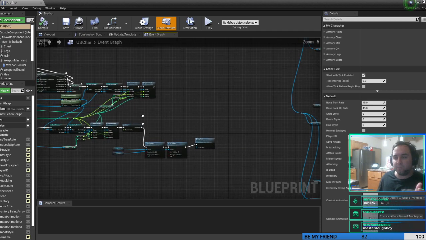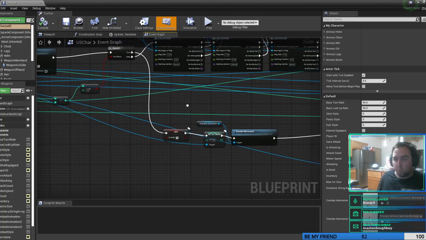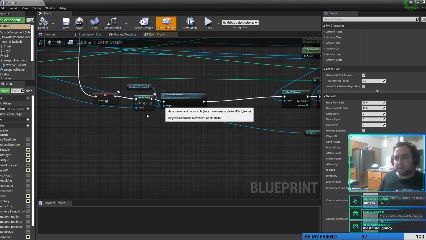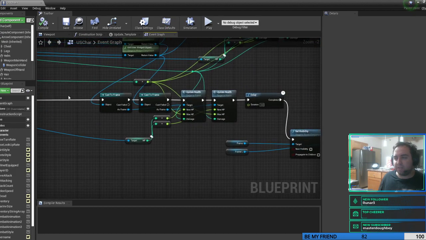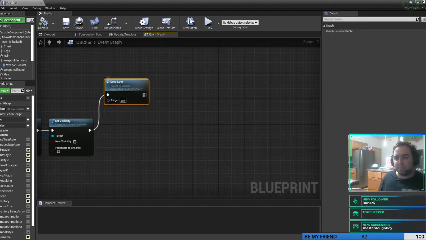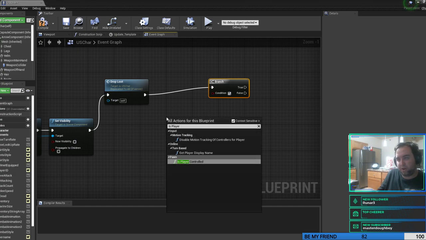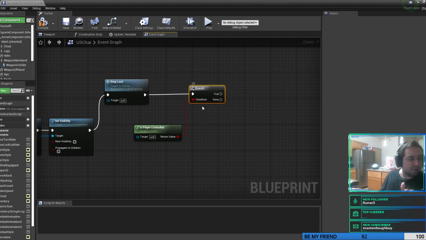Okay, so this is our death functionality right here. This runs on everybody. We need to make something that is special for our player. And so after I disable the movement, after it drops the loot, we need to call a check. We need to say is player controlled. And if it is player controlled,